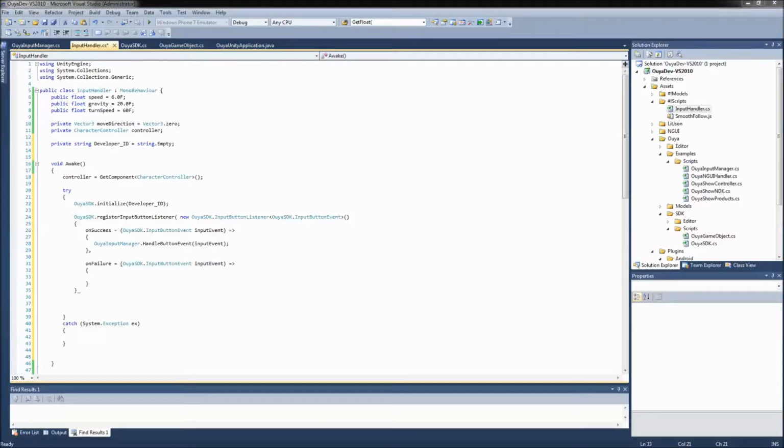Now, oh wait, this doesn't pass the same parameters. So we have an error code, string error message. So just so you can see what I'm looking at here,